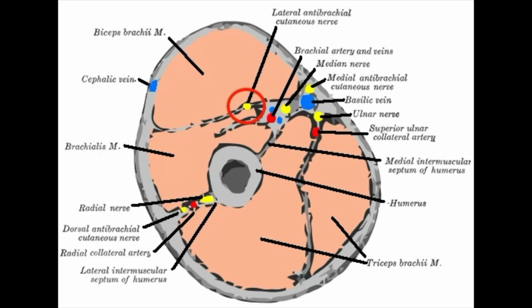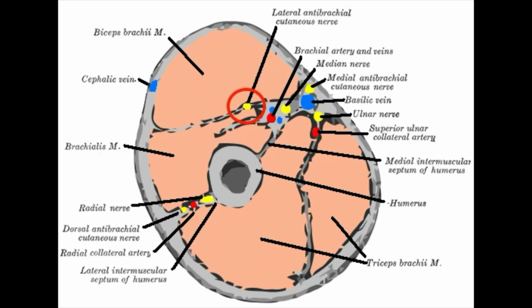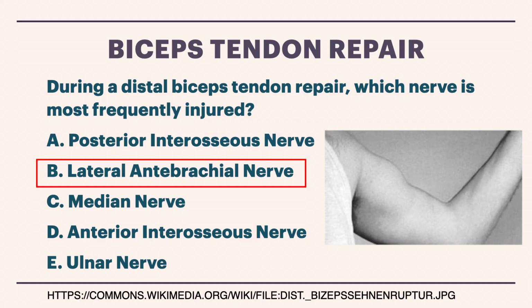The lateral antebrachial nerve must go from deep to the fascia to superficial to the fascia, and it does this by piercing the fascia just lateral to the biceps tendon. It is this close proximity to the distal biceps tendon that leads to its propensity to be injured during distal biceps tendon repairs. So the answer is B,